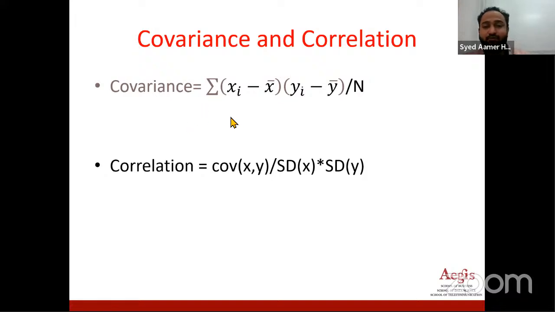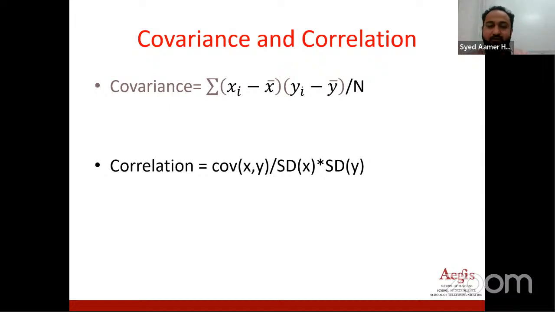So what is the significance of covariance? Covariance tells you that when your x is changing, how your y is also changing at the same time. So if you want to know how two things are changing according to each other in machine learning, you will go with covariance. Again, the value of covariance will be large. We need to bring it down to -1 to +1.